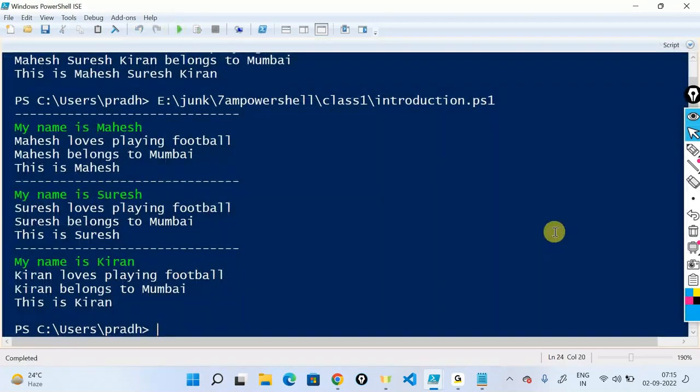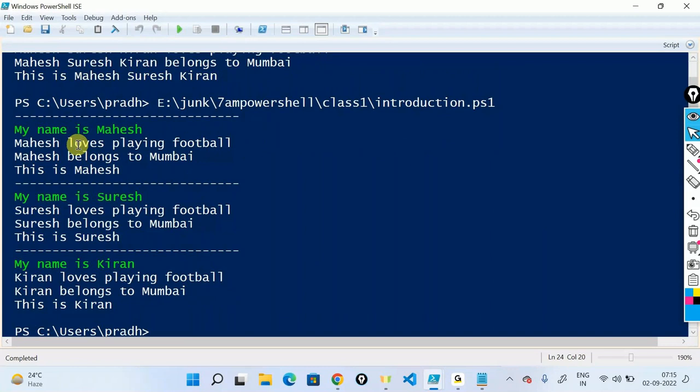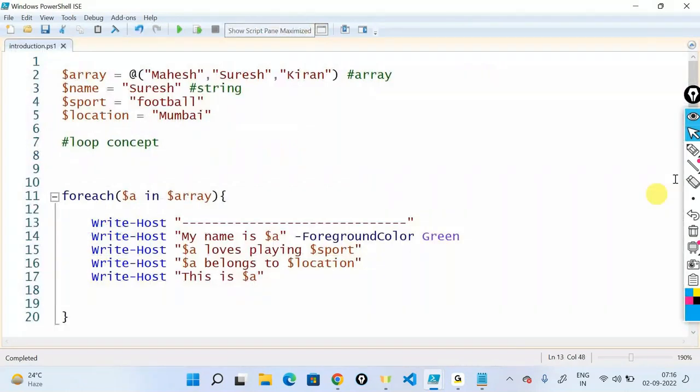So the output earlier without the foreach loop was something like this. And now the output with the foreach loop is something like: my name is Mahesh. Mahesh loves playing football. Mahesh belongs to Mumbai. This is Mahesh. And then you have this is Suresh. Suresh loves playing football and all that stuff. And then finally it went ahead and wrote the same statement for Kiran. So all these statements that you see here got multiplied thrice,